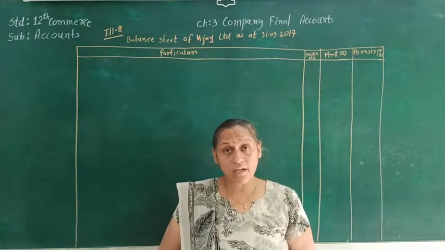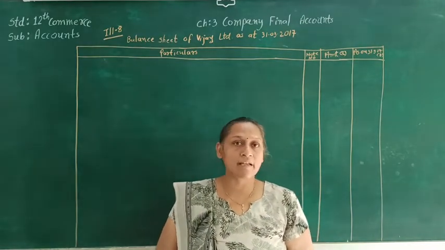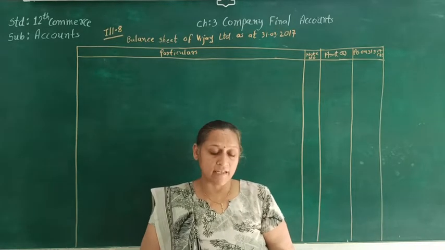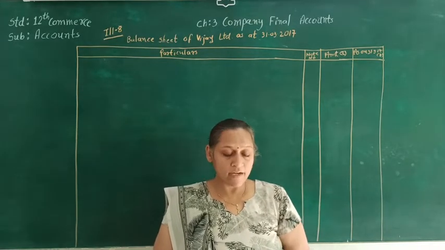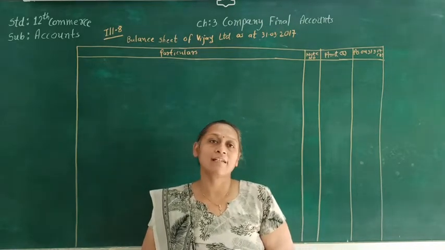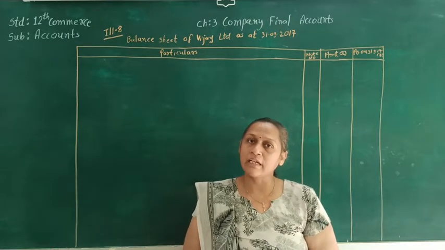So these are the non-current asset, and then there is a current asset, and the list of the current asset is a current investment, inventory, trade receivable, cash and cash equivalent, short-term loan and advances, and other current assets. So we have to bifurcate all the asset in that heading. Let's write it, then we are going to write the balance of that account.